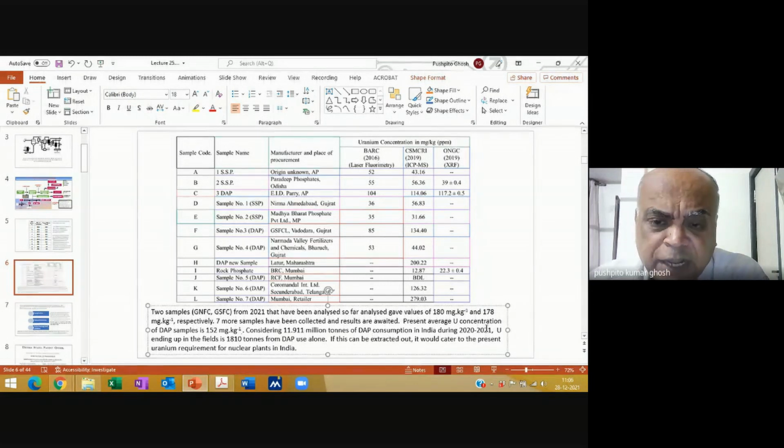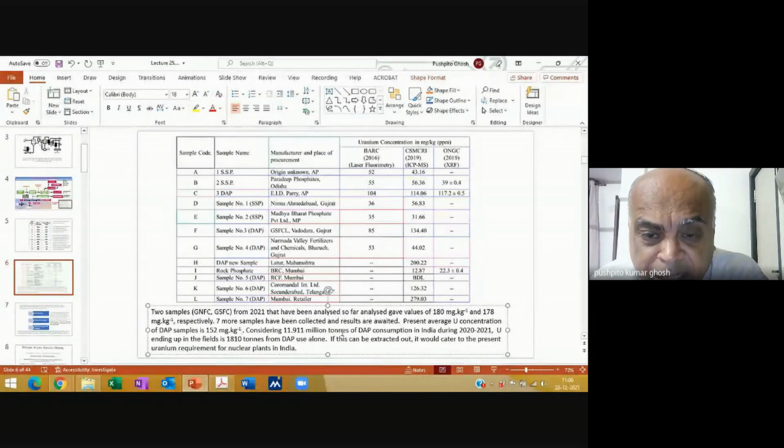DAP is not the only fertilizer; we have consumed many other things. I'm just focusing on DAP so that you can understand. Now, if 150 milligram per kg is the average content, and you have